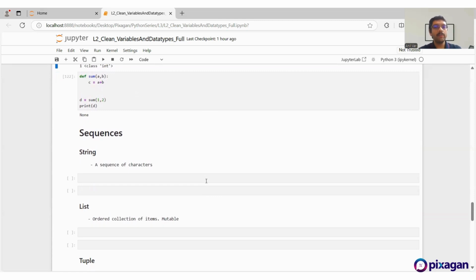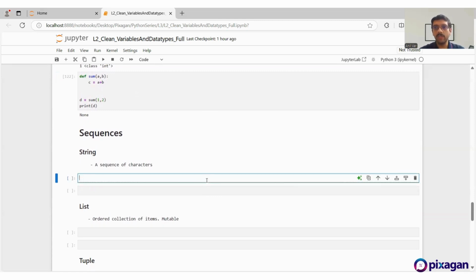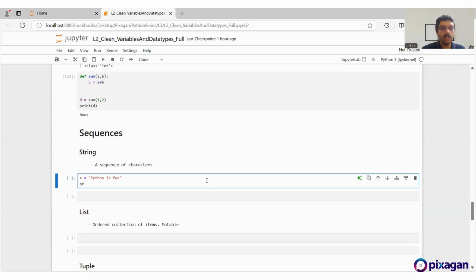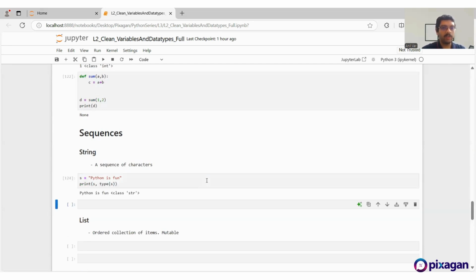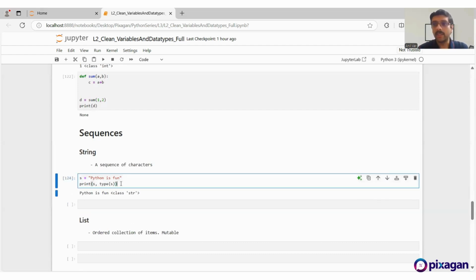And so you have data types which are sequences, right? And so sequences, as the name suggests, is a sequence of values. So an example is a string. If I say S and I use the quotes and I say Python is fun. Now I say print S and type S. Well, it's print S, which is Python is fun. And the type is str, which is a string. So string is just a collection or a